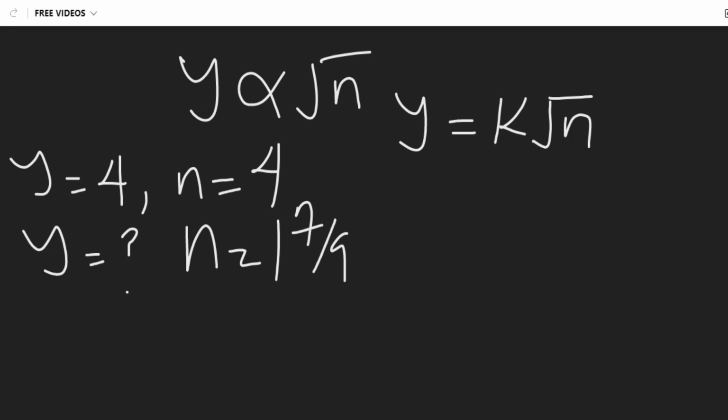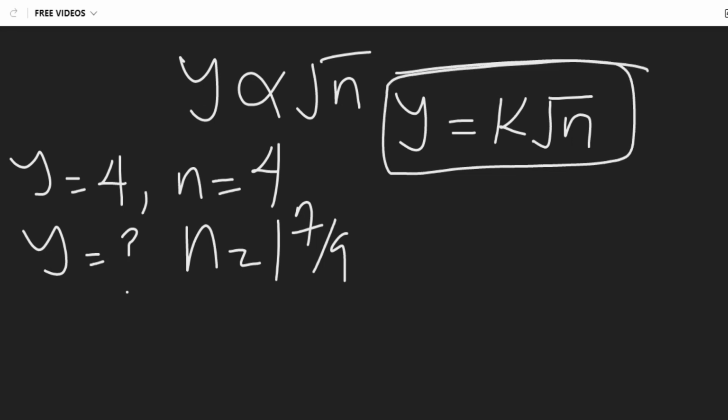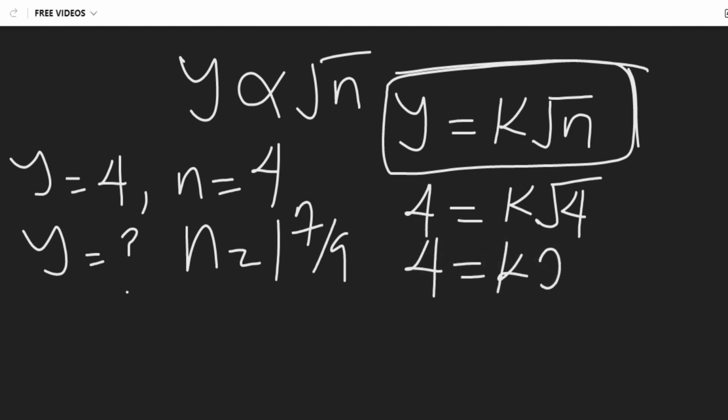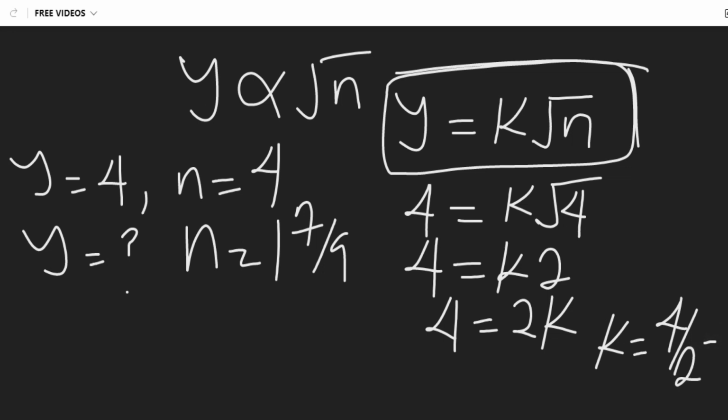So the first thing we are going to do is to find the relationship holding y and n. So we are going to slot in the value of y and n into this equation. So we'll have our 4 to be equal to k times square root of 4. Square root of 4 is going to give us 2. So we have 4 to be equal to 2k. To find the value of k, k will now be equal to 4 divided by 2,